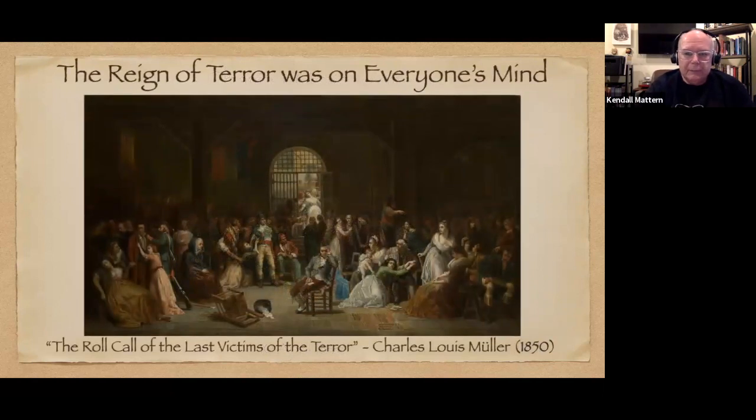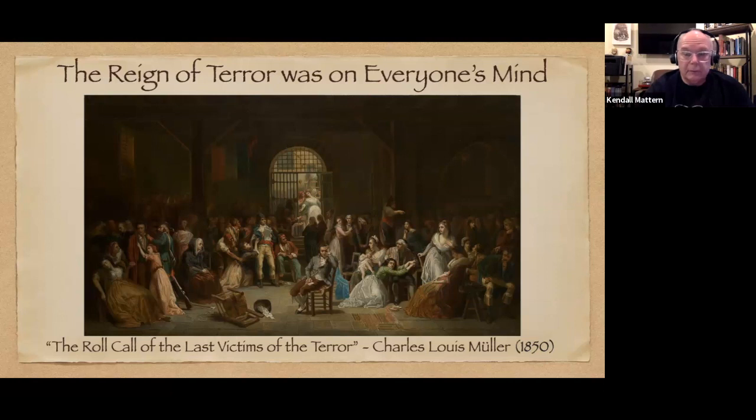A painting from 1850. And it's a powerful evocation of the idea that the Reign of Terror, which was in the 1790s, is now well past. This was painted in the 1850s, and it was a very popular painting that traveled around a little bit and got some press. And it's called The Roll Call of the Last Victims of the Terror,